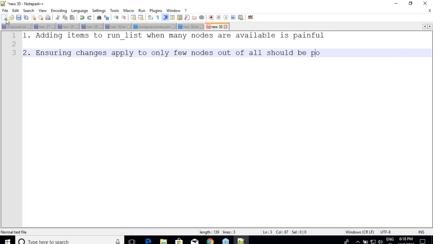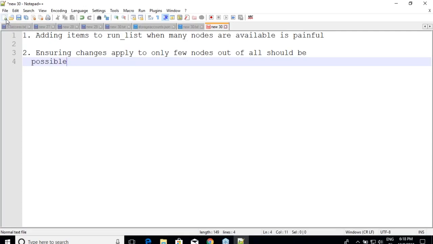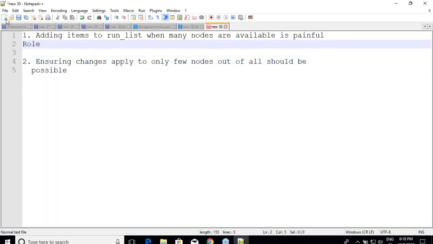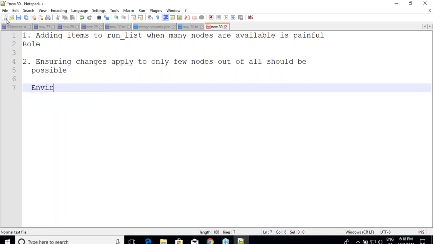I think you relate to these situations which you have spoken yesterday, right? Yeah. So first thing is I have many nodes to be worked on, and managing run list and maintaining changes for every run list is difficult. And for that we have said that we would be using something called as role. And then ensuring that only specific node or specific cookbook is applied to a node, we are managing it using something called as environments. Right?